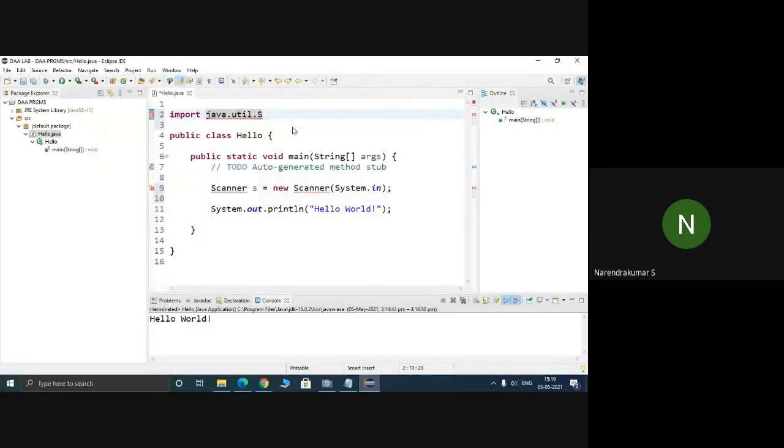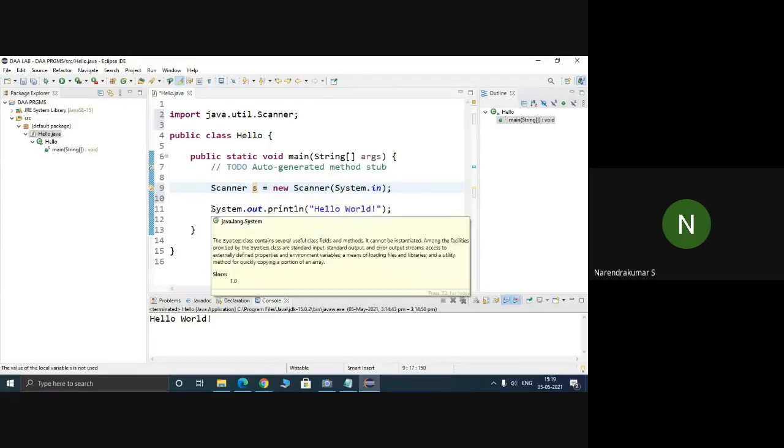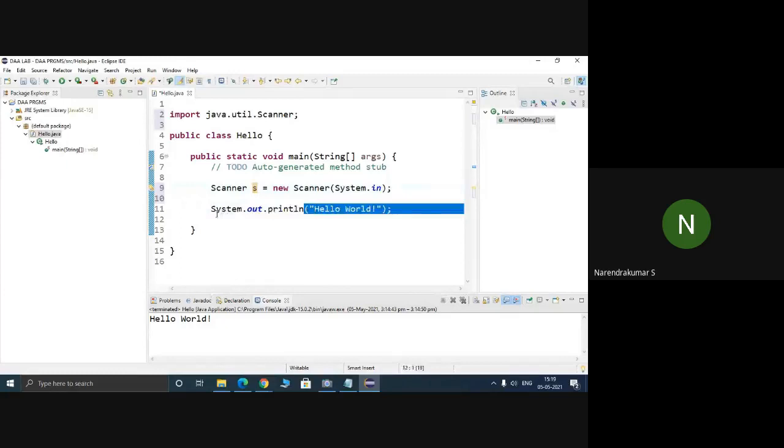So this is the thing. Got it? So we need to import this scanner class. Then this error message will vanish. Okay, the error message is gone. So now by using this, we can read the value, and after reading we can display it by using this statement,